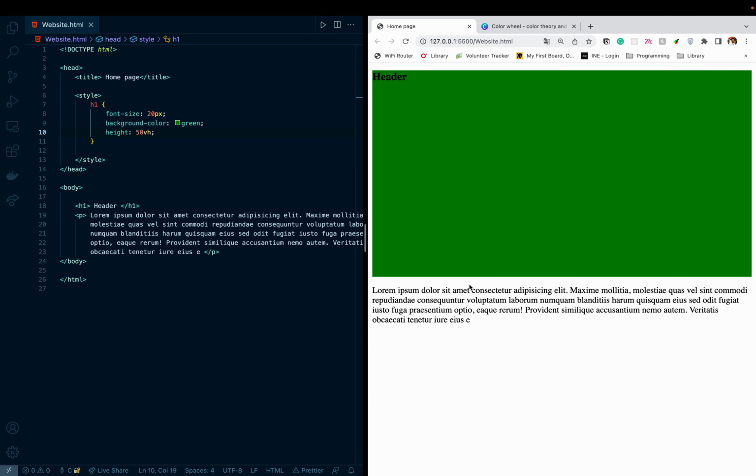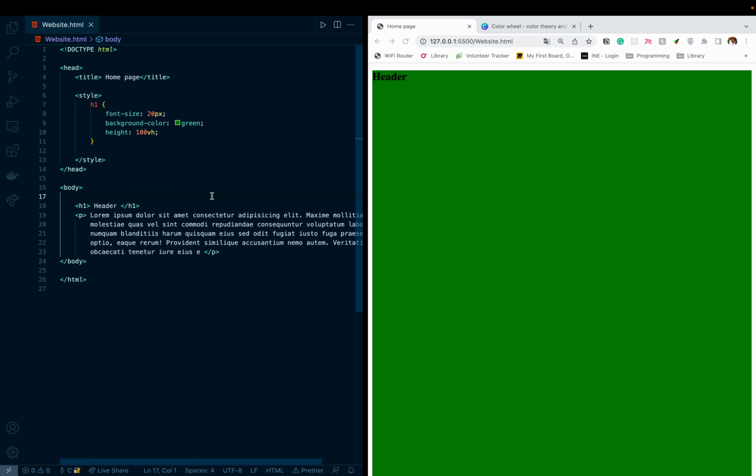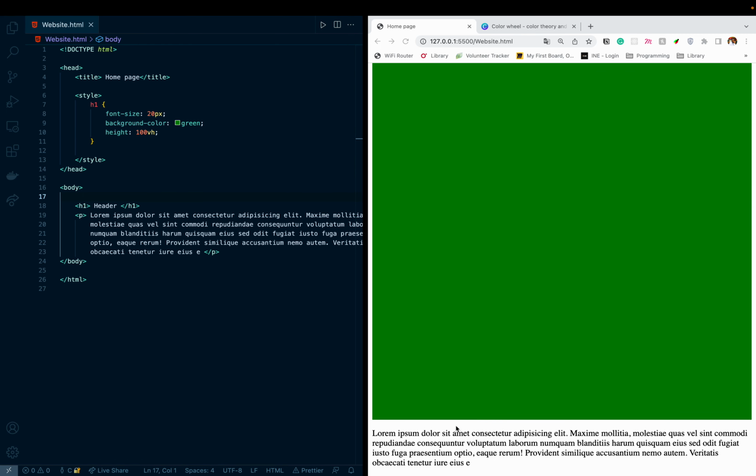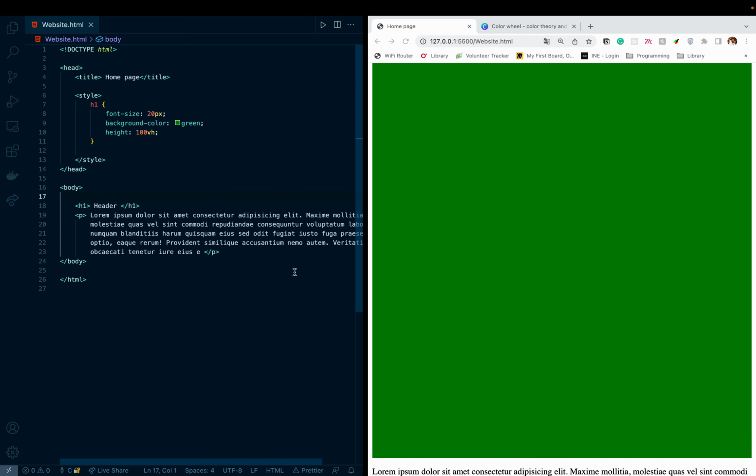So no matter what screen size you have, you can always determine the height. And if I say 100, save it, then it takes all the visible height, and then you have to scroll down to see the rest. Yeah, and we'll be using these units all over the place, so you will get used to them the more code you see and the more code you write. So that looks nice. I'll see you in the next